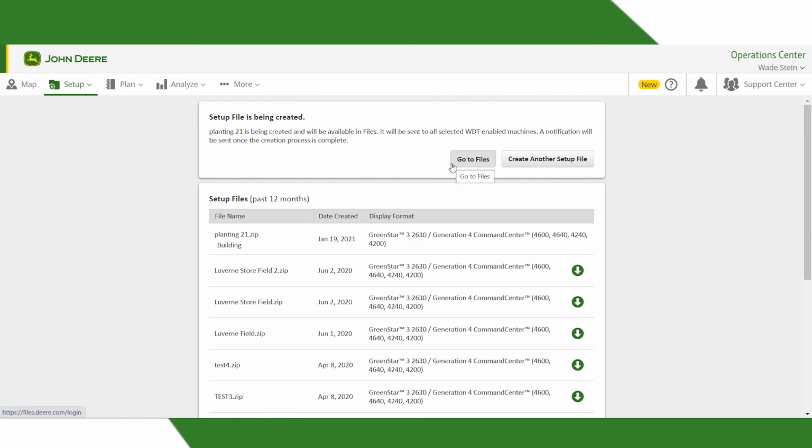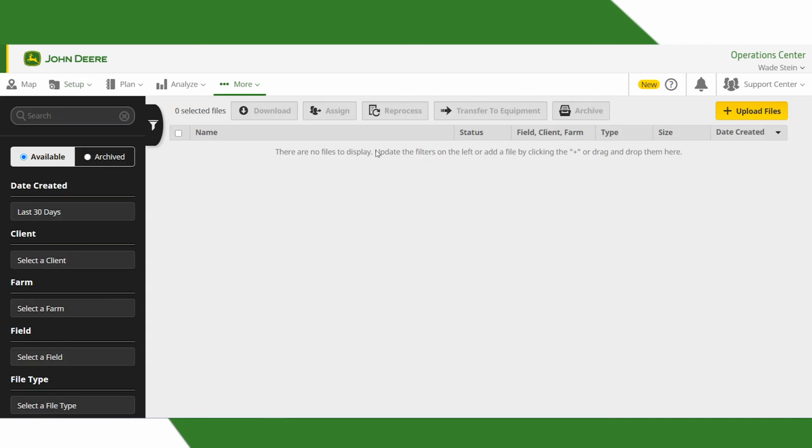It'll come in here to the setup files in the past 12 months. Since we just created it, it's saying it's building. And once it's done building, we can go to Files. Once it's done creating, it'll pop up here. Also in Setup,